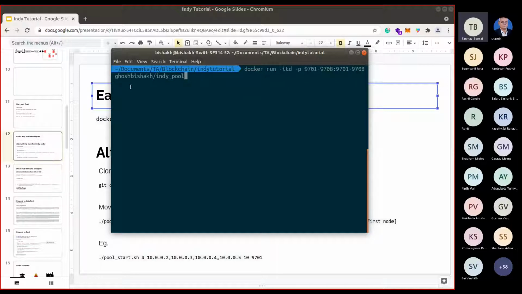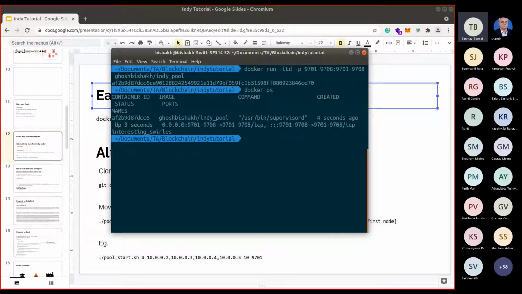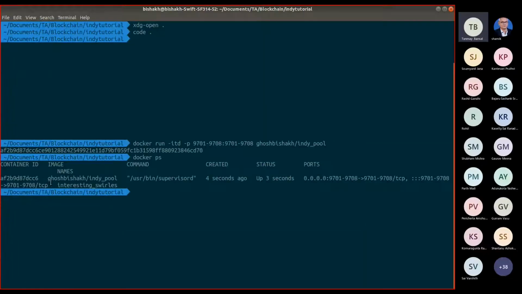And this is the Docker image that I will be running. Inside this image I have already configured 4 separate Indy nodes that will be running one Indy ledger. So you just need to start this Indy pool, and you can see here if it is running properly. So yes, you can see that it is running.